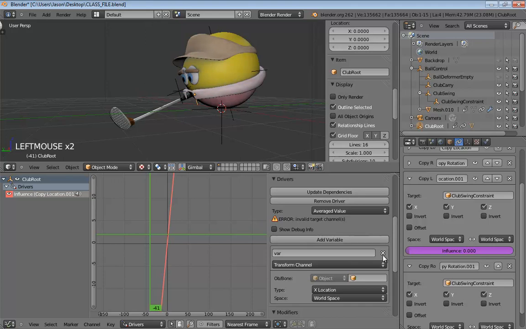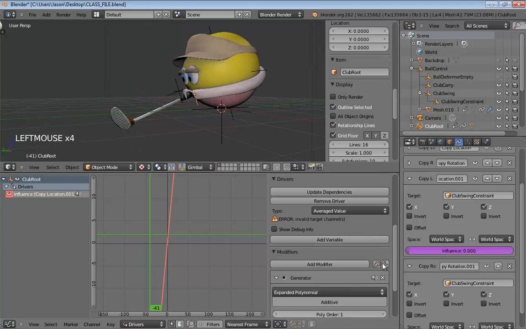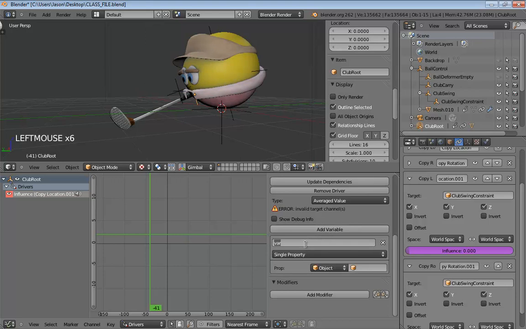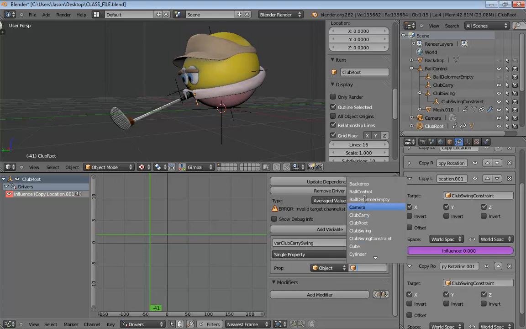So now I'll destroy out the variable that I have and the generator. You don't have to do that. You could just as easily use the variable that's there, but if you're just getting started, I think it's good practice. So we'll add in a variable, and we'll call this var club carry swing. We need to give this the appropriate object, which of course is going to be the ball control.